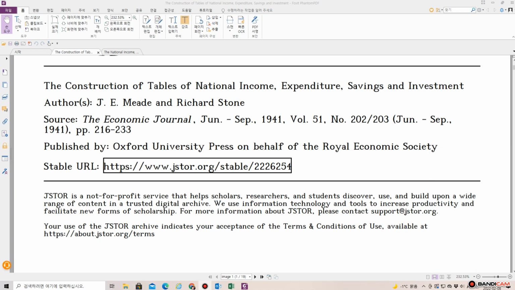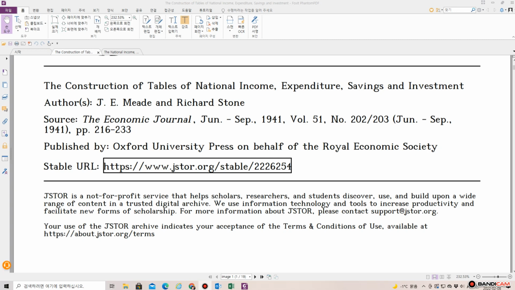One is the seminal paper he wrote with his teacher, James Meade, who also won the Nobel Prize in Economics much earlier. The title of it is The Construction of Tables of National Income, Expenditure, Savings, and Investments, where they define all those table items. It was published in the Economic Journal, 1941, but I'm going to spend much more time in Richard Stone's sole